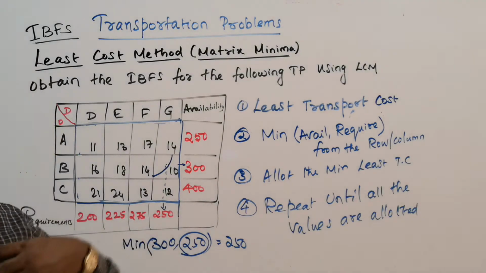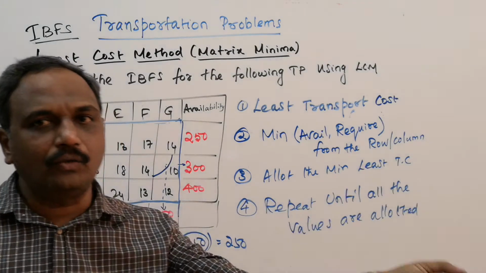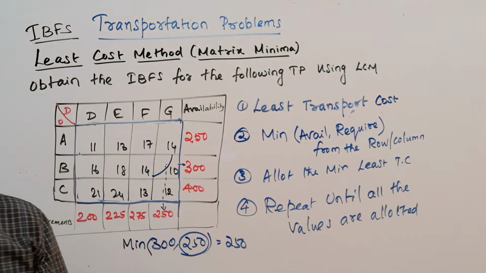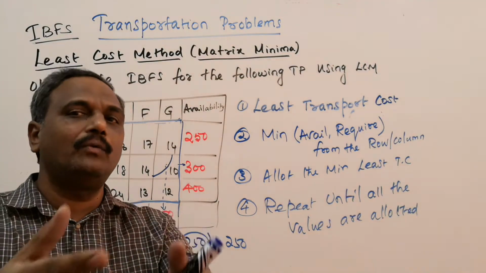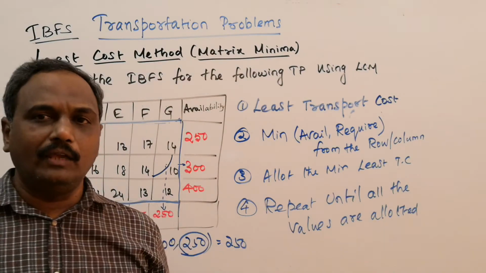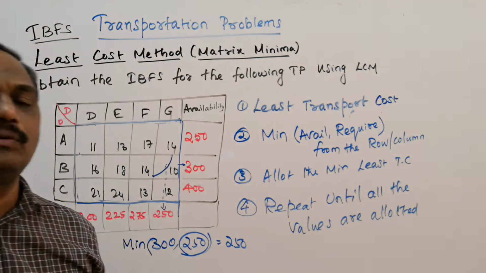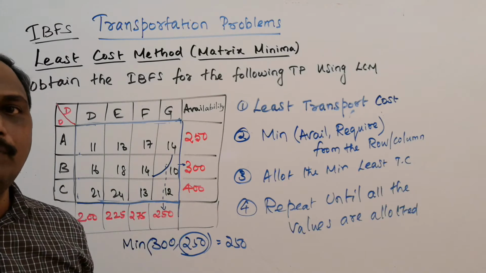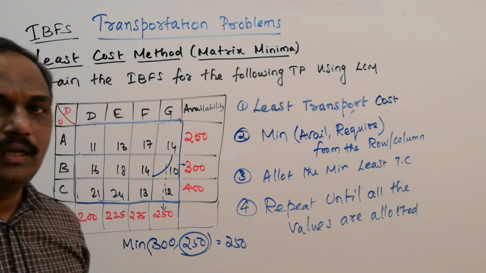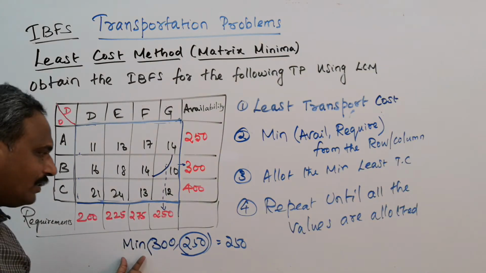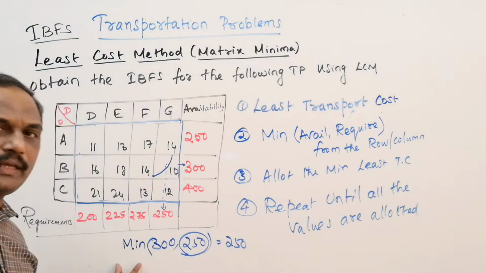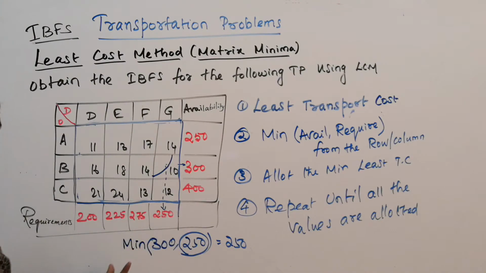So, what I am going to do now, I am going to give you only 250 riyals. On the other side, I am having 300 riyals, you need only 250 riyals. So even if I am having 300 riyals, I am not going to give you the whole money, I will give you only 250 riyals. What is your requirement? In both the cases, we are checking only for the minimum value.